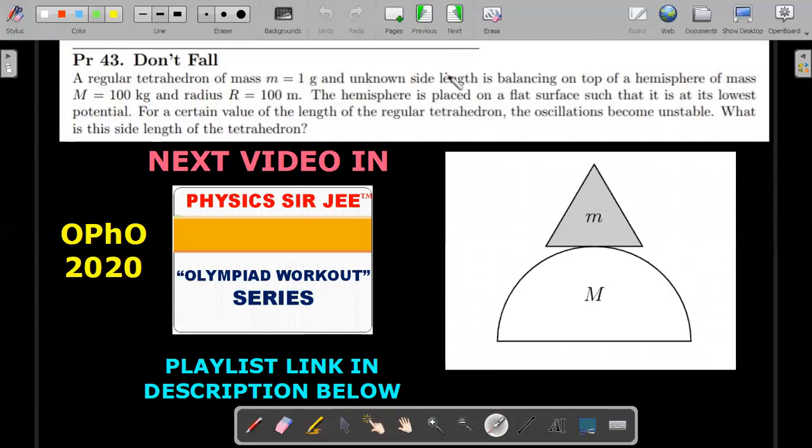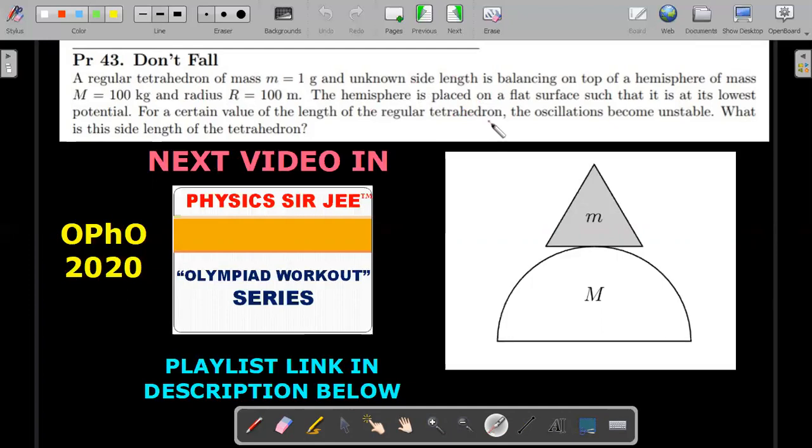As I keep saying, we are doing the Olympiad workout series, so we'll be solving all the INPHO papers. All the IPHO, APHO papers will come later as we increase the level, and also the other Olympiad exams happening over the world, like OPHO is another exam. Already we did one question last time. This is another question I would like you to solve. I'll give you 1 or 2 days time. So please do try this question.